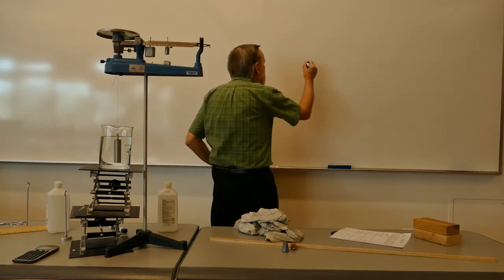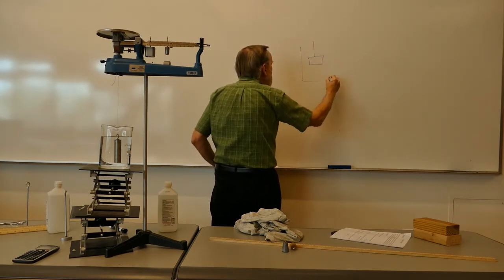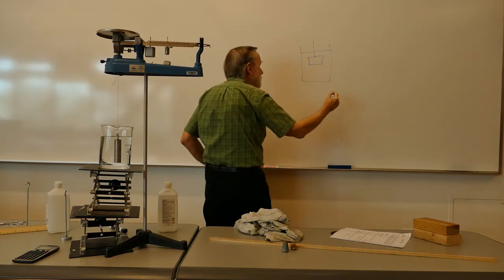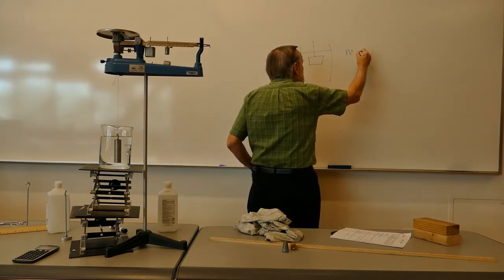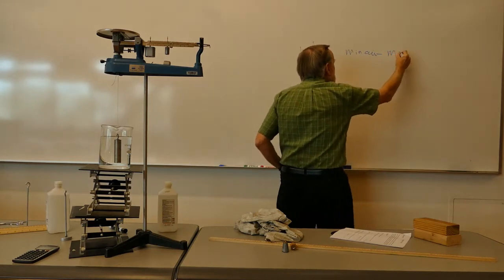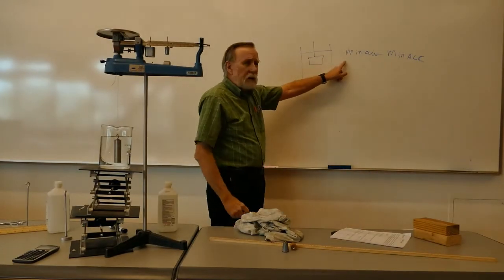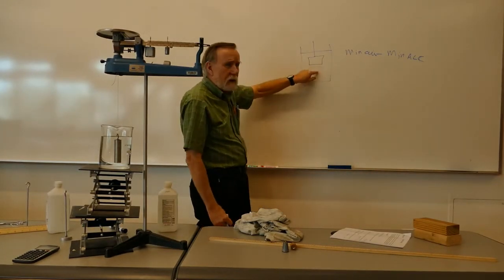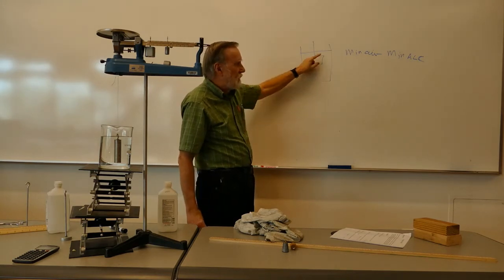So if we suspend the object in rubbing alcohol and take the mass in air minus the mass in alcohol, well, that's the buoyancy force, which is the mass of the alcohol